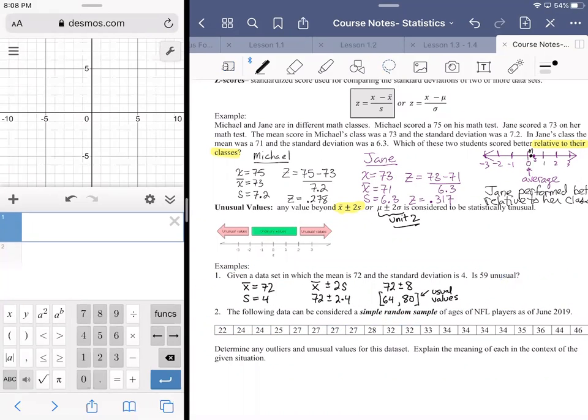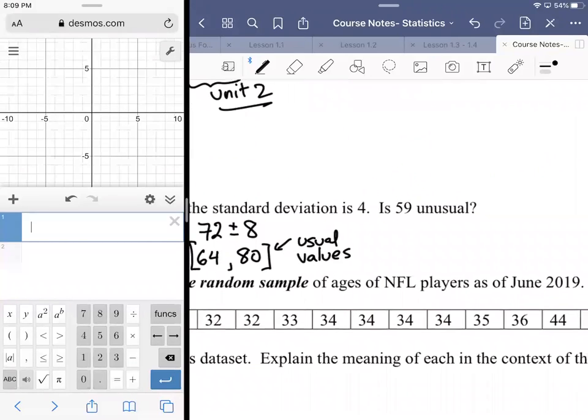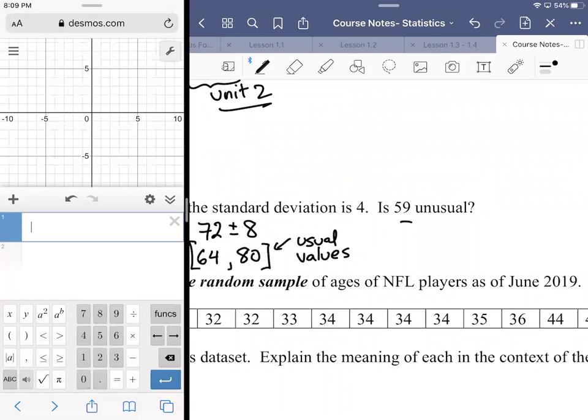All right. Still haven't answered the question. It asked us to determine if 59 is unusual. Based on this information, I have to have values that are in between 64 and 80. 59 is not in between 64 and 80, so therefore 59 is considered to be unusual. So 59 is unusual